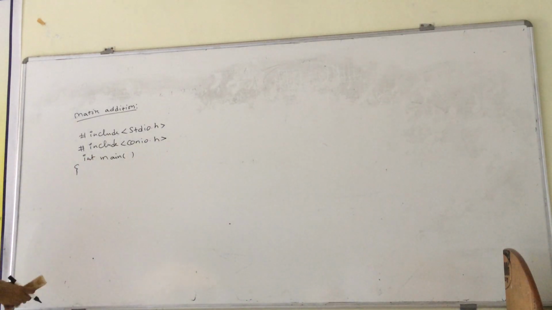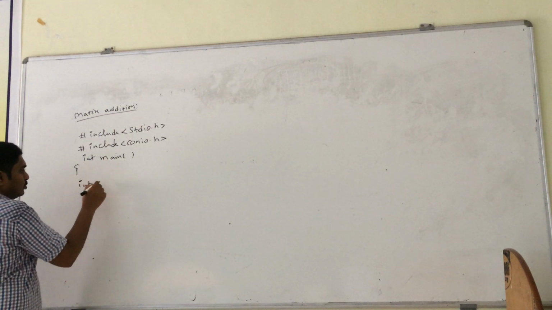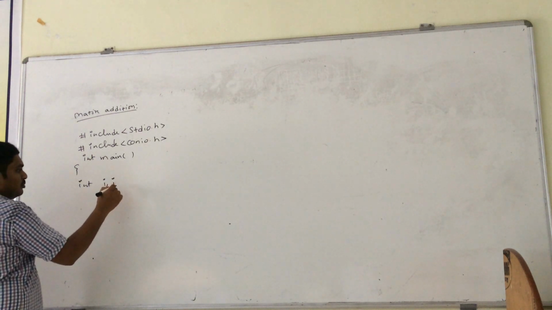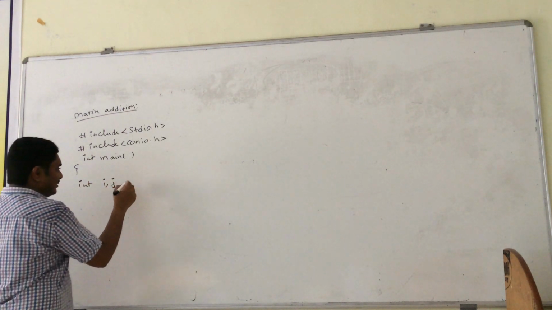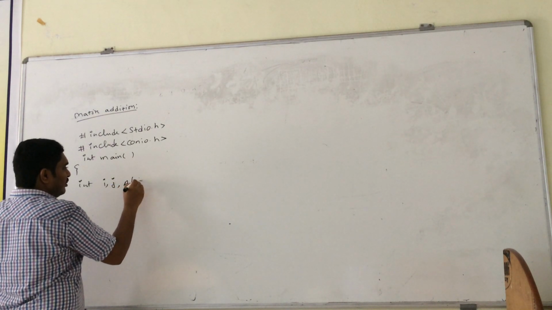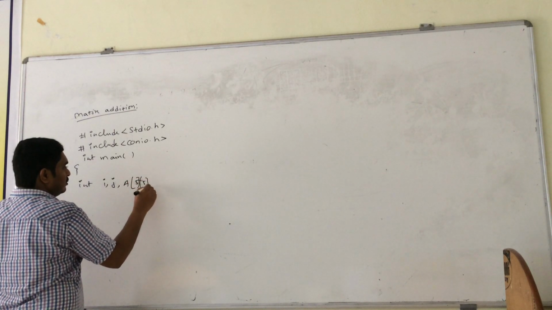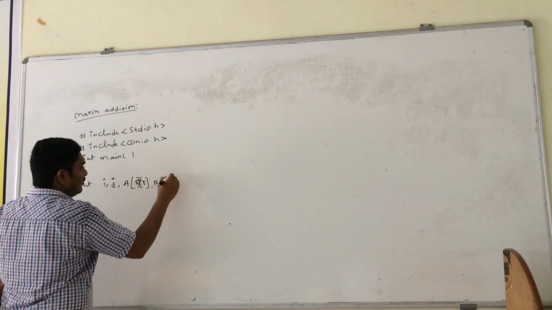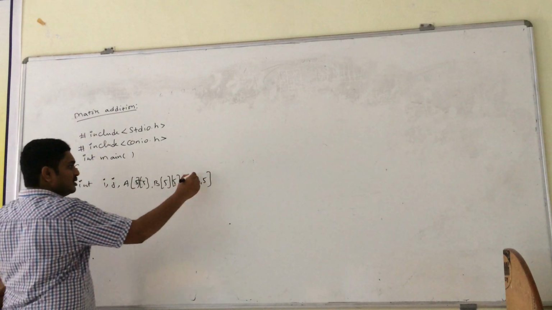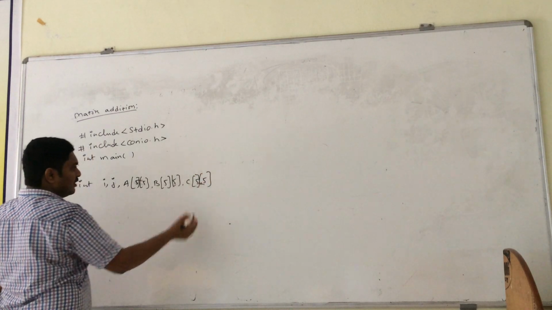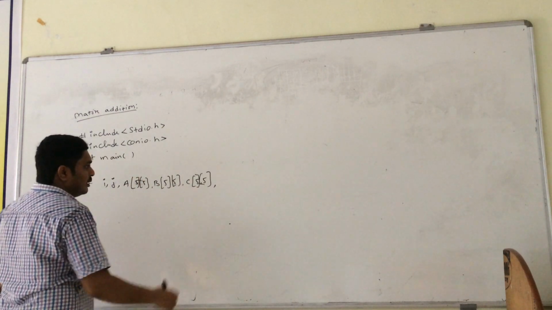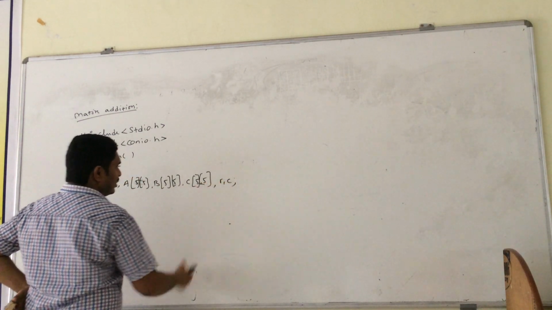Okay, coming to the declaration part, I am taking two variables i, j. These two are for running for loops. Next, 3 matrices. For example, matrix A of size 5 by 5, B 5 by 5, C 5 by 5. I am taking 5 rows and 5 columns, but you need not use 5 rows and 5 columns. And the number of rows and number of columns.